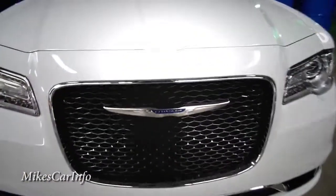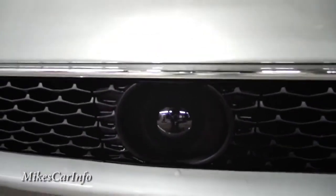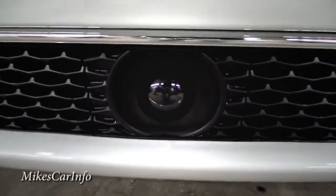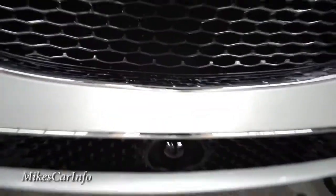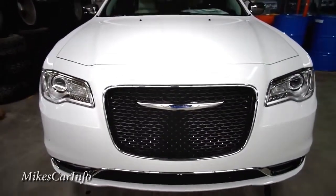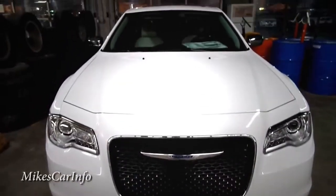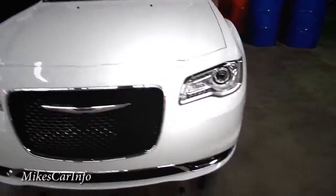But one of the cool things about this one, it's equipped with the adaptive cruise control, and right there is the little radar eye, I guess you can call it. It's like a little bubble, kind of like what you would see maybe on some kind of airplane or something. So I'll show you the controls on that. But there's the front,